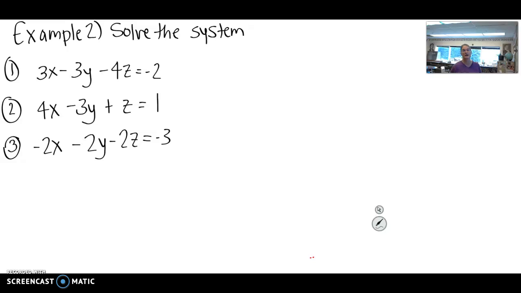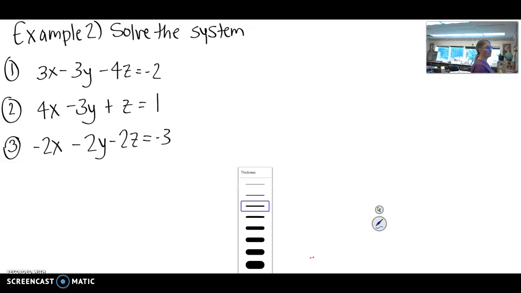Okay, so for this video, we will be going over some examples of solving systems of linear equations with three equations and three variables. Pause the video, write this example down, and I want you to pause and think. Look at all the coefficients of x and y and z, and think to yourself which variable would be the easiest to eliminate. So if you look at the coefficients of x, we have a 3, a 4, and a